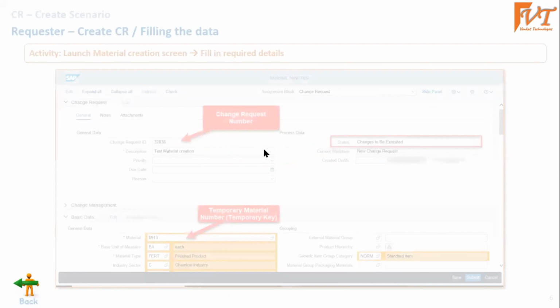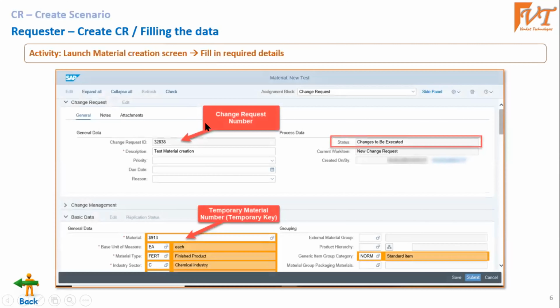We have different processes, create, change, and all, as you have seen. So this is the initial screen whenever I want to create a material. This is a screen where I can fill in all the data, and the material will be created in the system. Here you can continuously see a term called change request.